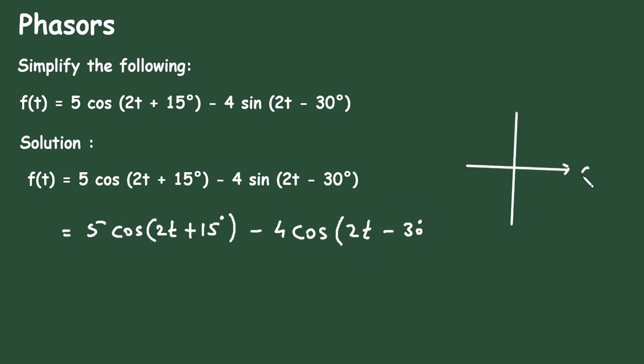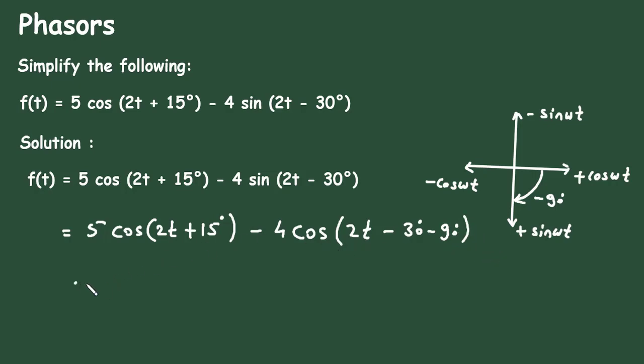So here we can see this is plus cos omega t, plus cos omega t. This is minus cos omega t. This is plus sine omega t and this is minus sine omega t. So we are changing from this sine to cosine, and in this direction we have to subtract 90 degree. That means cos(omega t minus 90 degree) is equal to sine omega t. So here we have to subtract 90 degree.